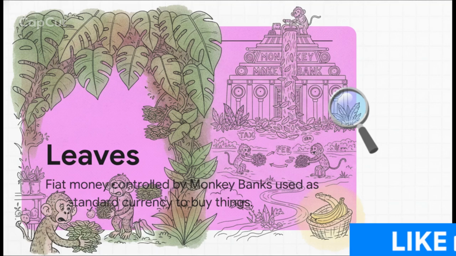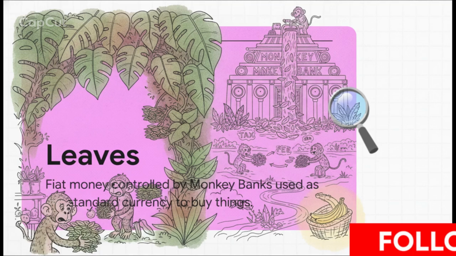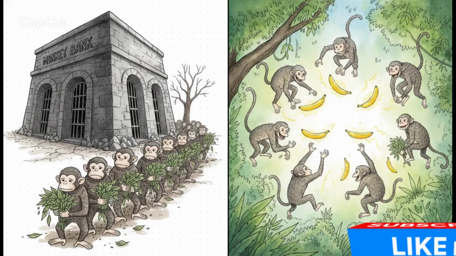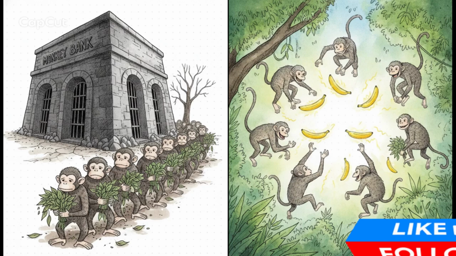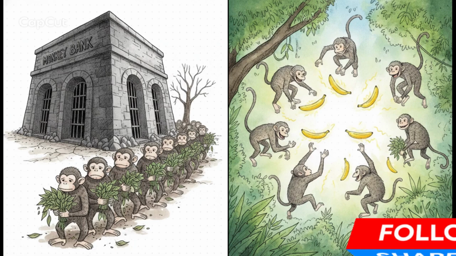Even worse, the monkey government can just decide to print more leaves whenever they feel like it, which causes inflation. Because of all these massive headaches, the monkeys realized they needed a system that actually worked for them. So they turned to tangible assets, represented in our jungle by precious bananas. To fully escape that slow, fee-heavy, completely inflationary nature of bank leaves, the monkeys actually invented a brand new cryptocurrency. Let's just call it the crypto banana.